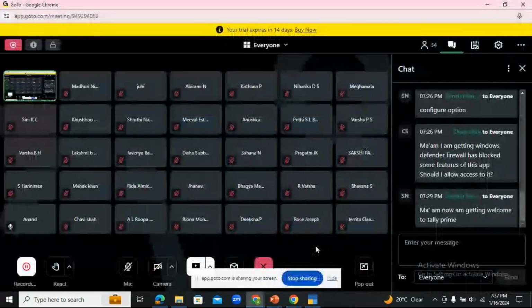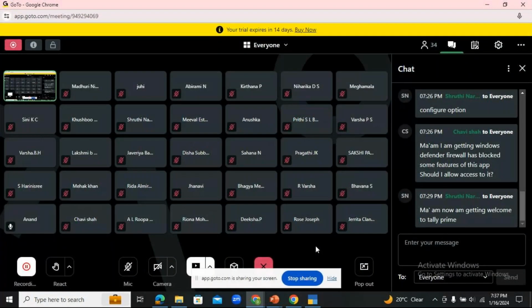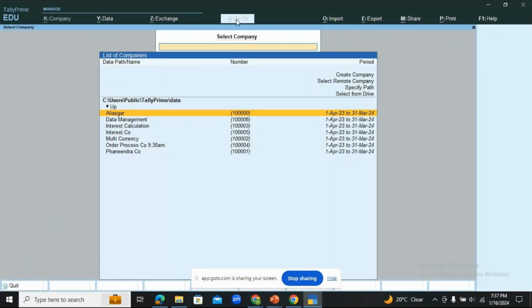Yes, all of you have got it. This is the first screen which you should get when you click on try it for free or continue in educational mode, either of the options. Both are the same. Words differ, but the meaning is the same. So you just click on that first option, and once you click, you get select company.